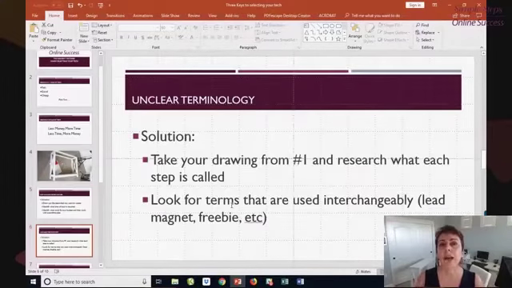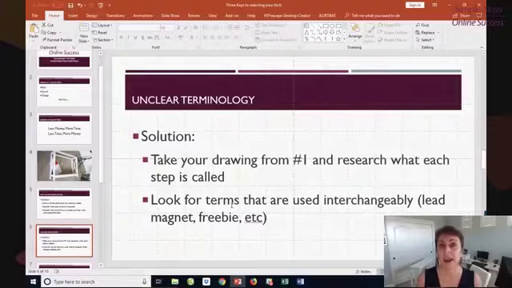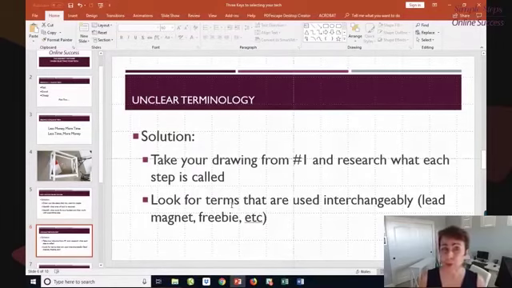Unclear terminology. The truth of the matter is, a lot of people, because online marketing is completely new to them, do not understand the language that is used. And one of the biggest problems that I see is sometimes there's more than one description for an item.